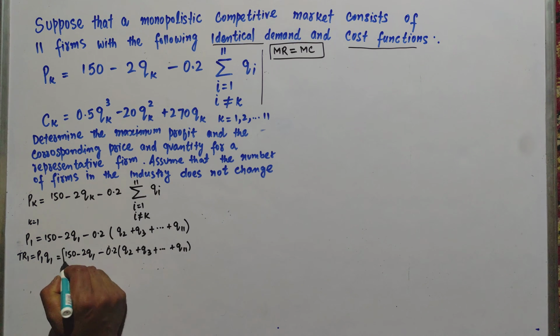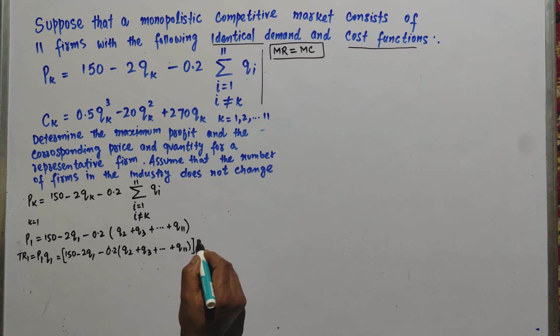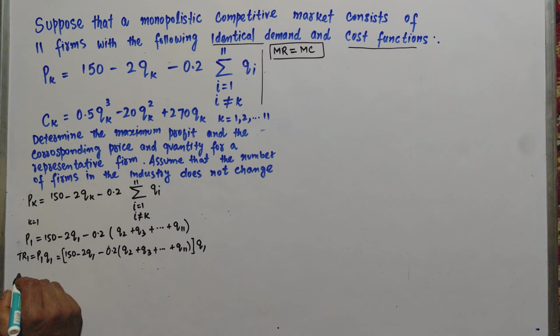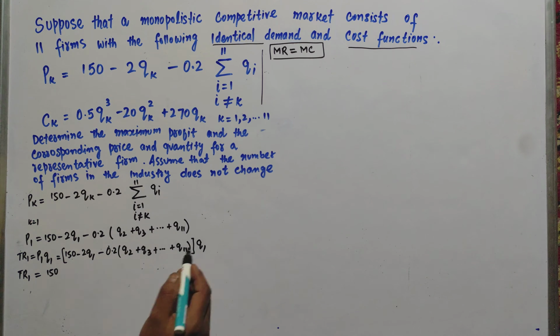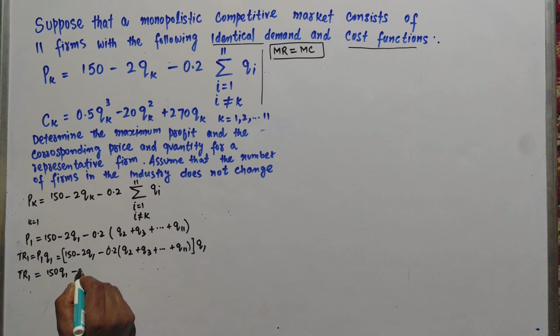To this we multiply Q1. That gives us the total revenue of firm 1 will be equal to 150 Q1 minus 2 Q1 squared, then we have minus